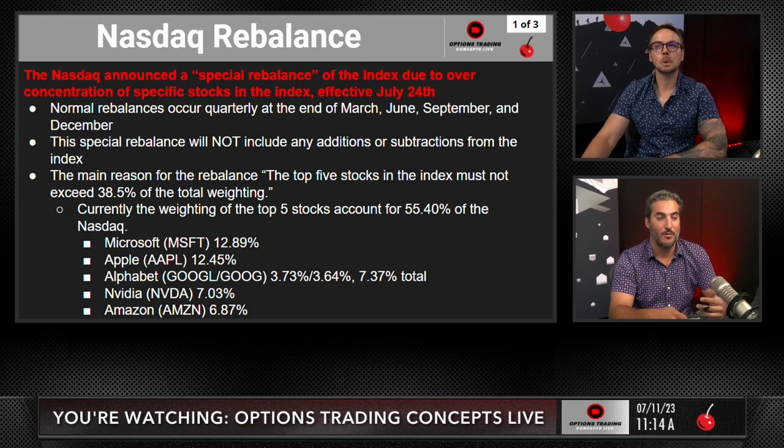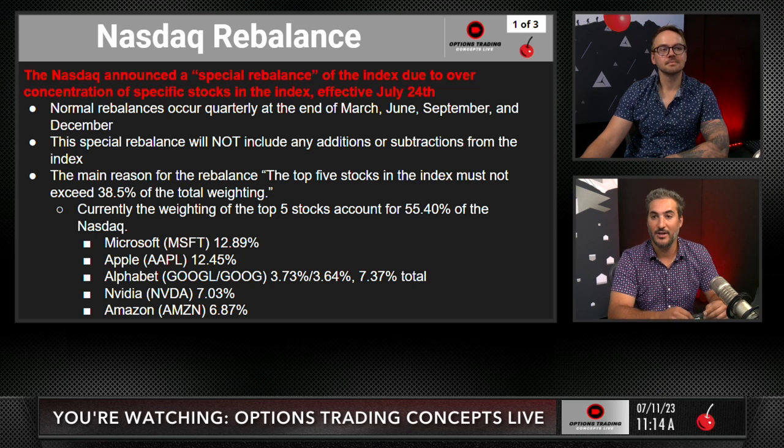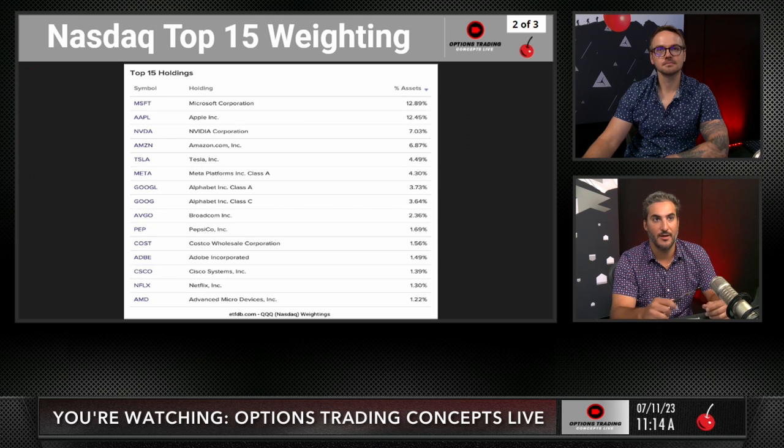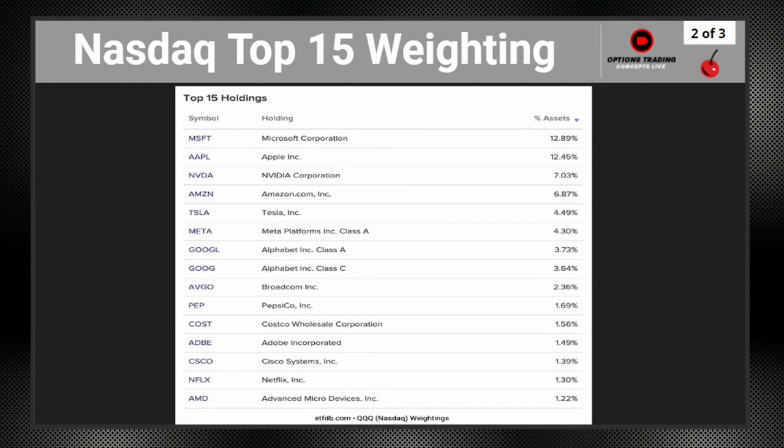And so what you have to do is rebalance and move some of that capital into some of the other stocks, more down the list. And if we jump to the next slide, just to give you an idea of the weighting here, here's the top 15 holdings. This comes from etfdb.com. It's a great site if you want to see weightings for not only the Nasdaq or the S&P 500, but all of the other smaller ETFs. You can pull up XLK and XLP. All those are on there.